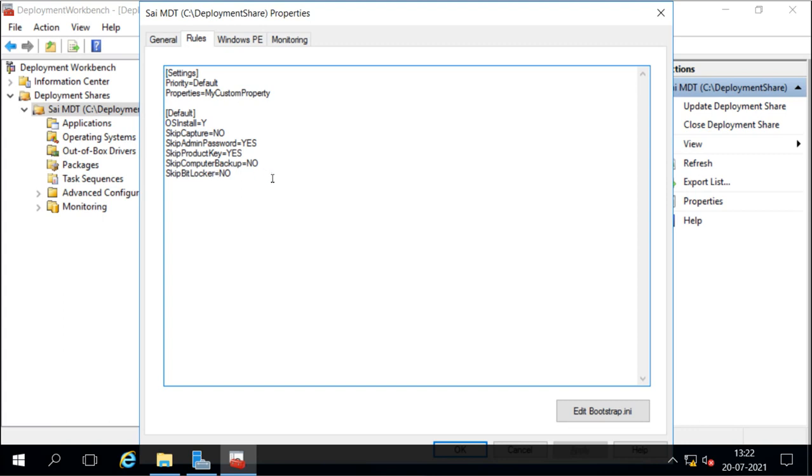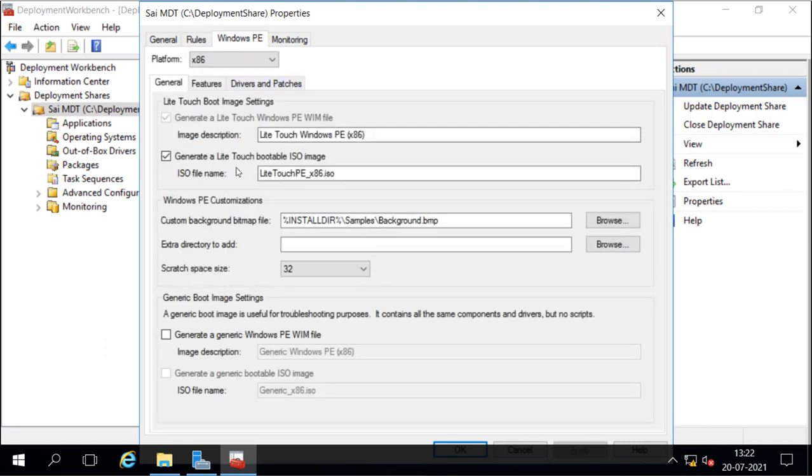And then you have here the Windows PE. Now here you will get what? When we update the deployment, it will create these things. It will create the LiteTouch boot images. It will create the boot WIM file, which we can use with the Windows Deployment Server to deploy the image remotely, to start the installation remotely.